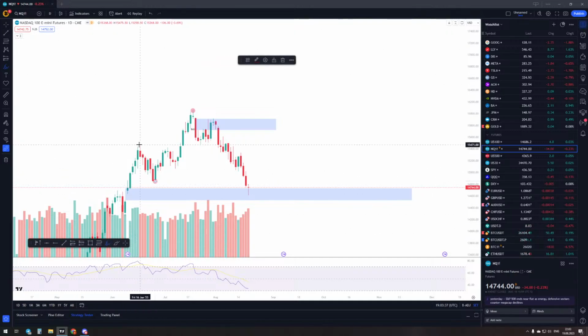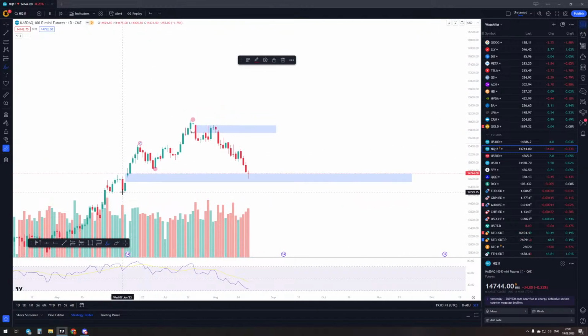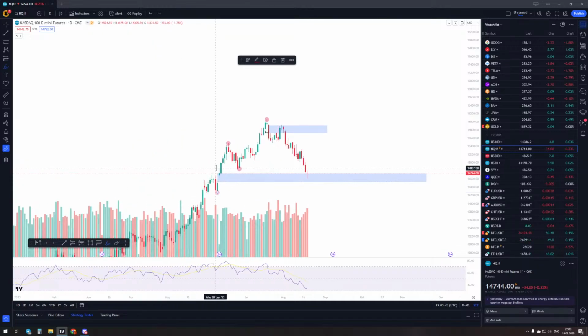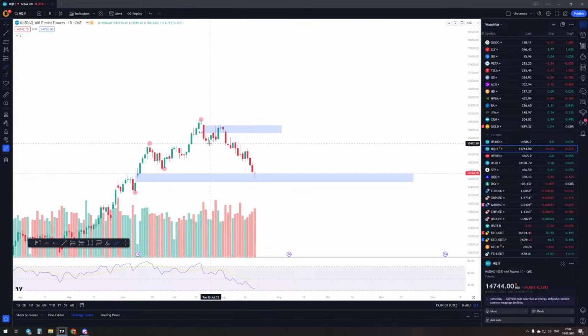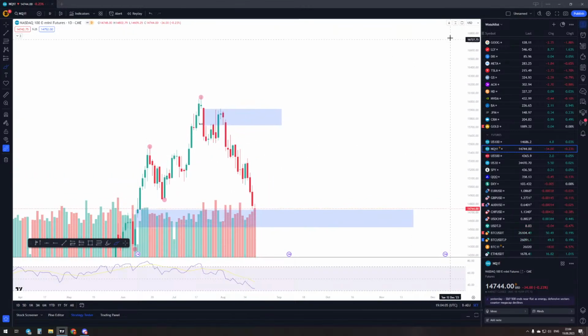When we're charting, sometimes it's pretty hard to identify structure because we have false formation like this one, but here it's pretty clear. So it's higher low, higher high, higher low, higher high, and then we have a formation like